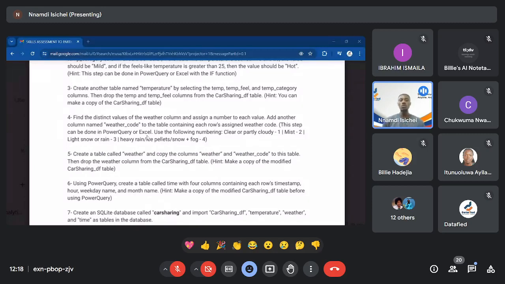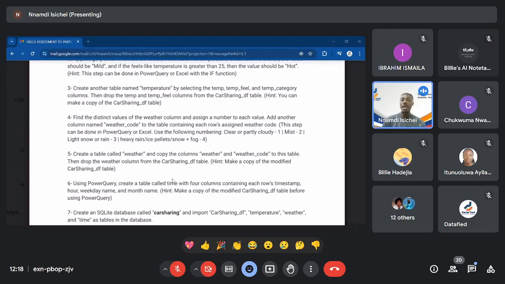But because we want to be as lenient as possible, we'll give you 3 days between today and Wednesday to complete the tasks, to build a dashboard on the financial data you have, and then create your database.